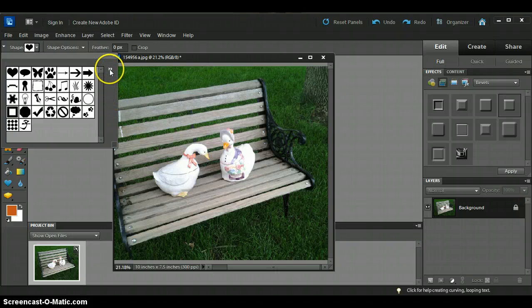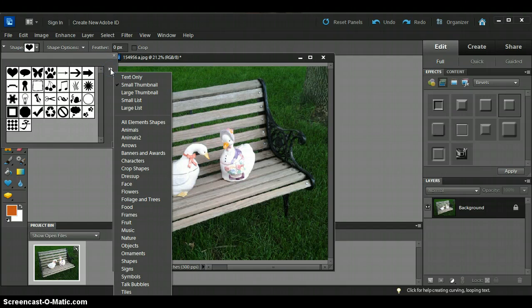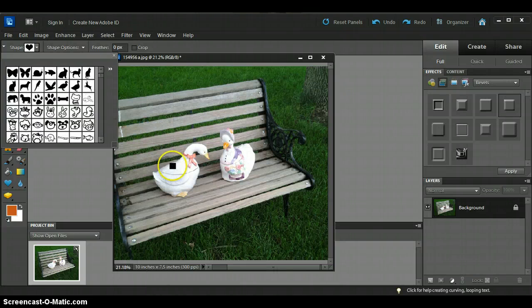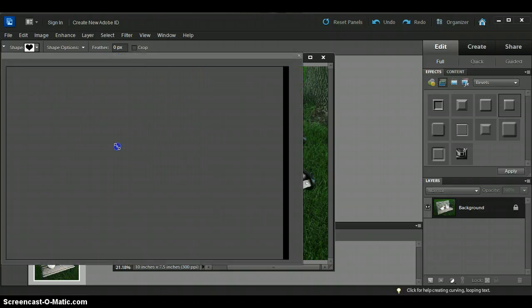I typically like to just go ahead and click this flyout arrow here, and you do have a variety of, let's say, folders of different types of shapes. I'm just going to click all element shapes because I can see them all. And if I drag this out, make this a lot bigger,